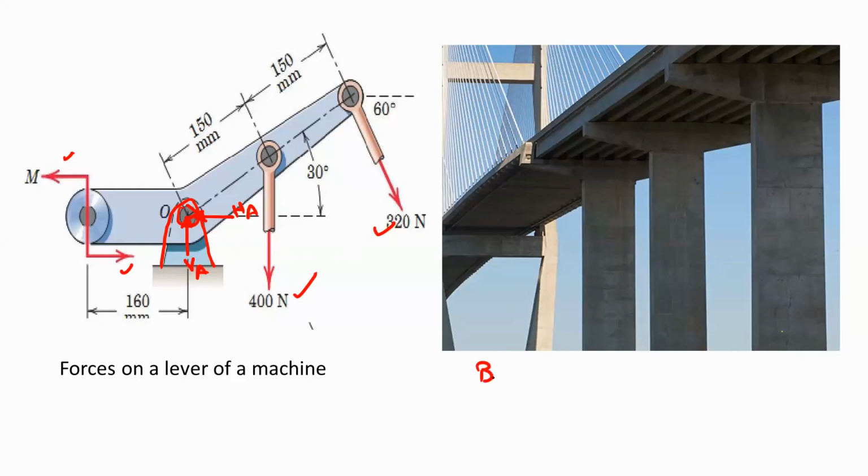this is for the bridge. So this bridge is supported with the help of these pillars or columns. So these columns are subjected to compressive forces like this. So when we design the column, we have to find out how much load will be carried by these columns. Okay. So this force we can calculate with the help of static calculation. So all these examples are part of engineering statics.